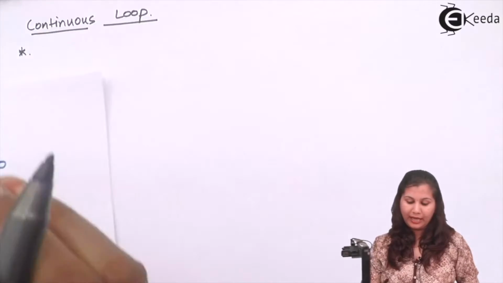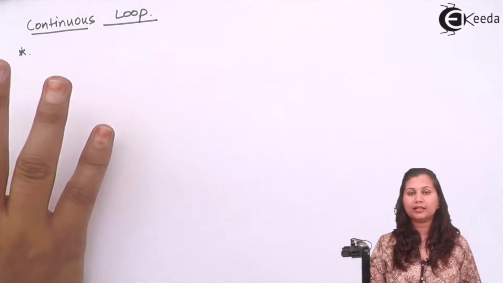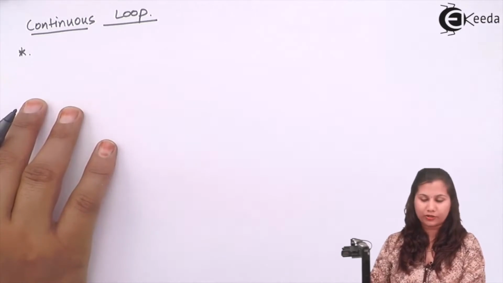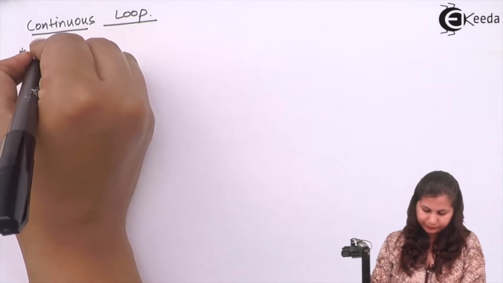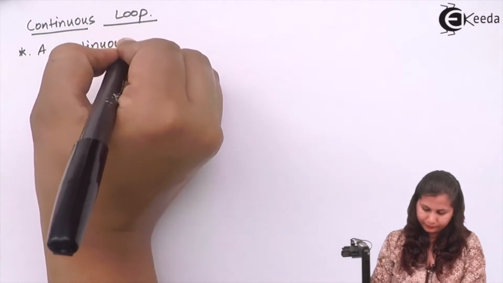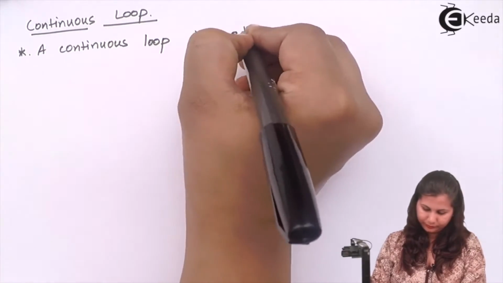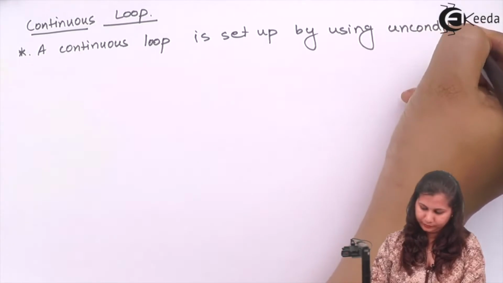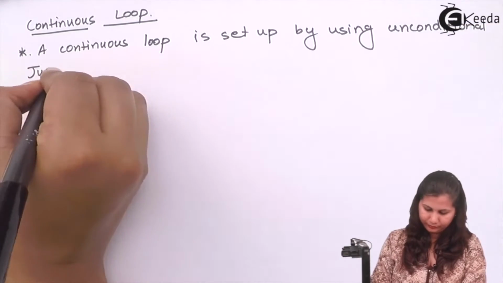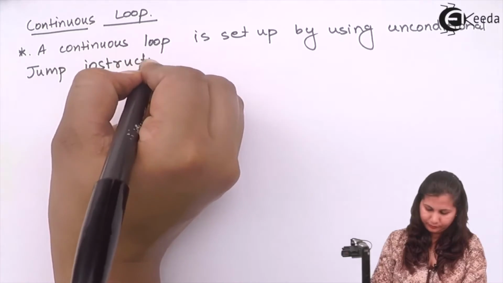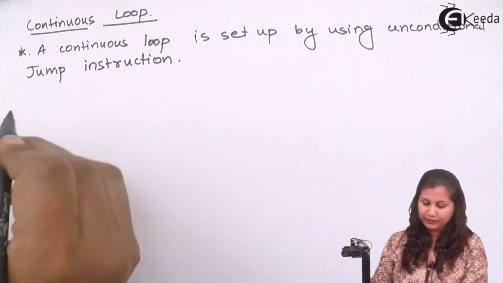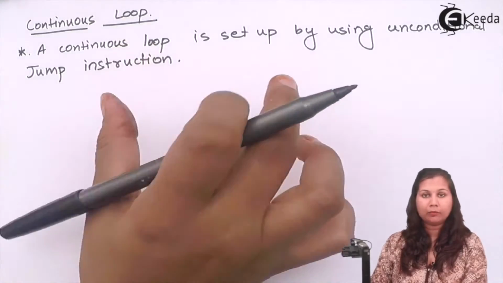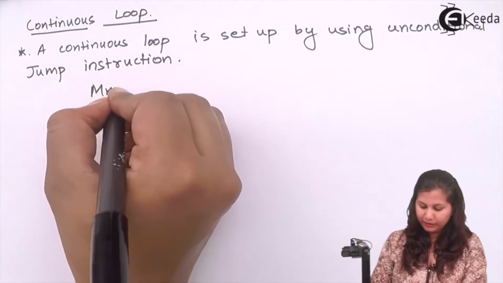So the continuous loop is set up by using the unconditional jump instruction. Unconditional jump instruction is the mnemonic for it. Mnemonic means